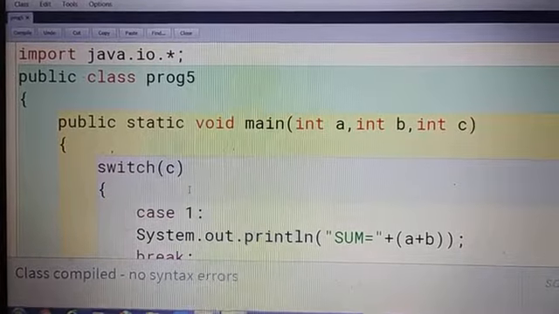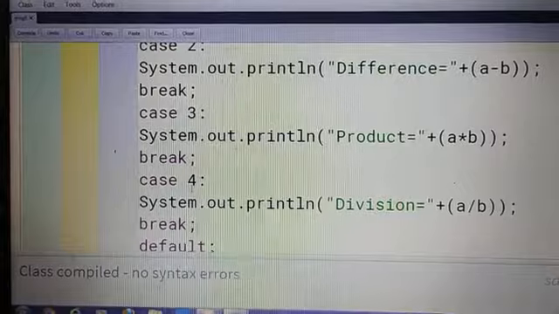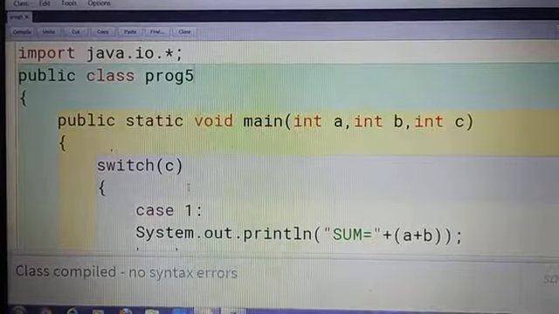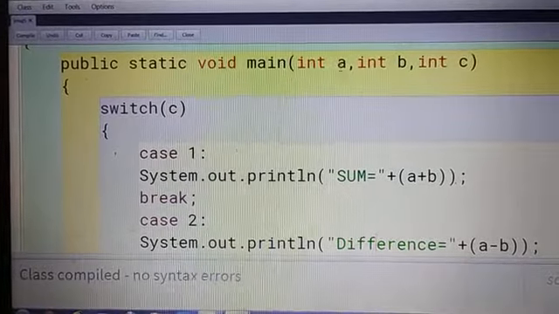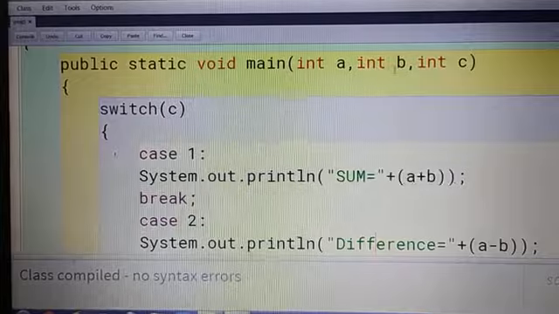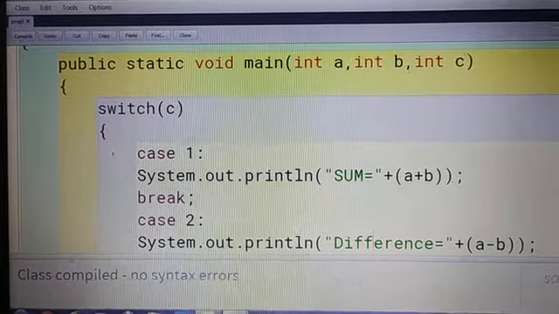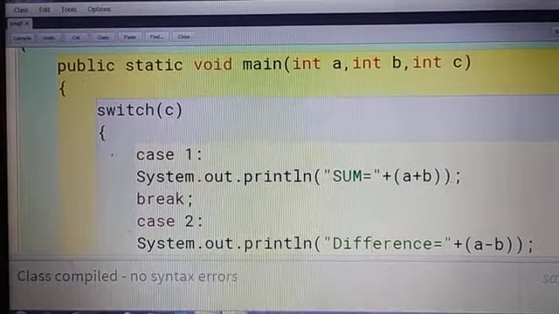Here in this program I will perform addition, subtraction, multiplication and division of two numbers based on the input. If A and B are the two numbers, we will perform these operations on them, and C is your choice. According to your choice it will perform.